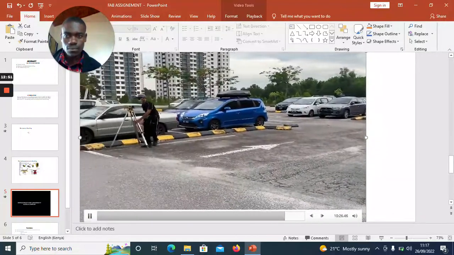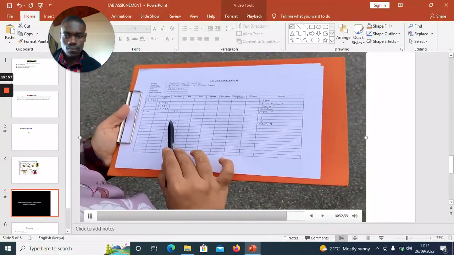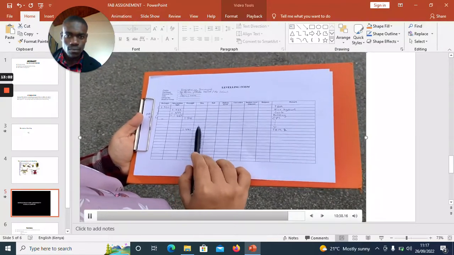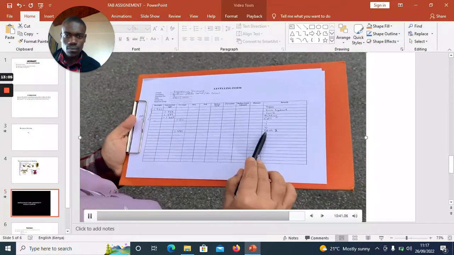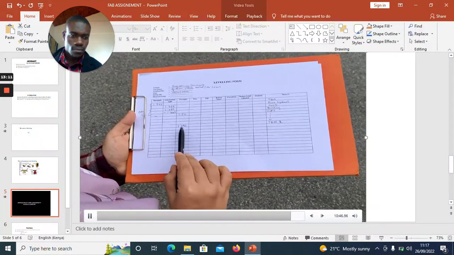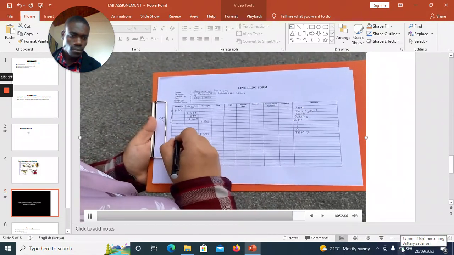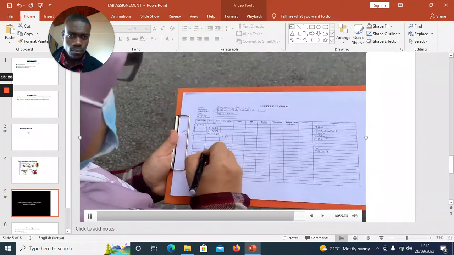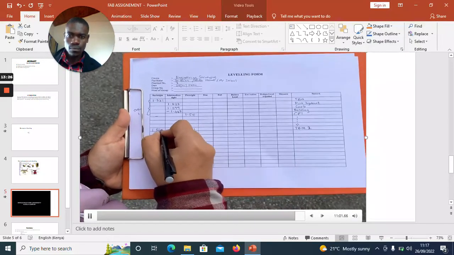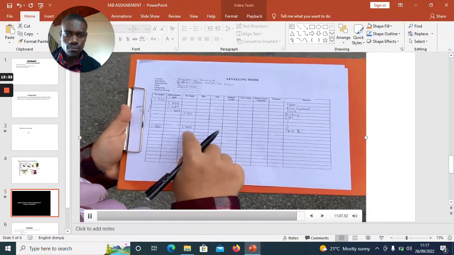to your TBM. Now, since we have changed the instrument station to a new station, we are fixing this point because we are starting back from this point, going back to TBM. So the new reading will become backside, since it is the first reading after a new instrument station. So we will write down on the same line because it is the same station, the same point. So we will write down back the reading 1.565. Okay, so after that we proceed to do the same procedure until we get back to